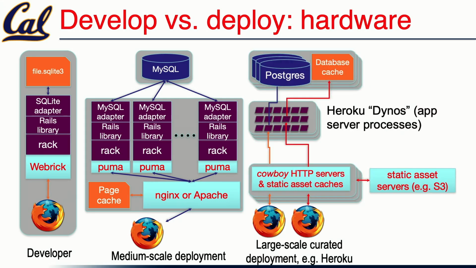And as you get to larger and larger deployments, this is more like what a Heroku deployment looks like. We still have HTTP servers, but now they're even more specialized. Heroku actually wrote their own HTTP server originally in a language called Erlang, which is somewhat obscure, but it's actually a really good language for doing event-based programming. And that's kind of what an HTTP server does. It waits for something to happen, and it's got to have a lot of requests in flight at the same time, right? So because what it does is simple, a single HTTP server actually can serve a quite large number